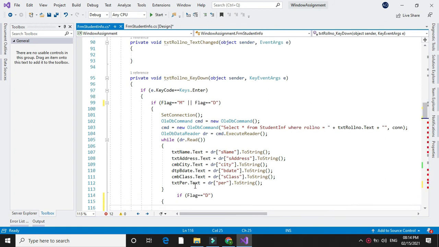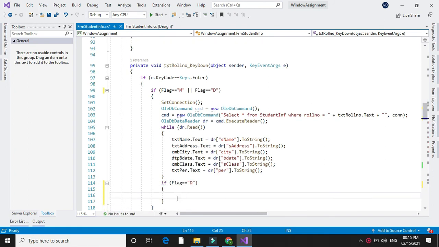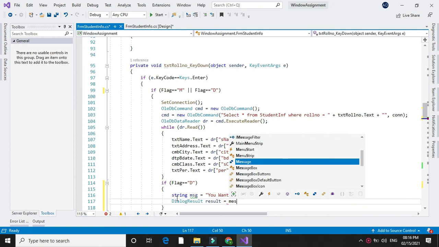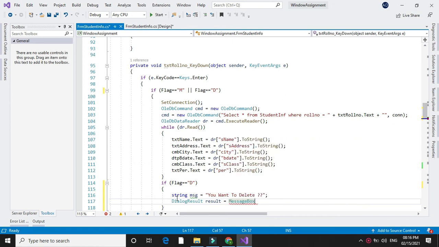we are going to delete the data, and before deleting it we will confirm from the user whether they want to delete or not. For this I will declare a string msg which will ask "Do you want to delete?", and we will add a message box with DialogResult equal to the MessageBox.Show function.